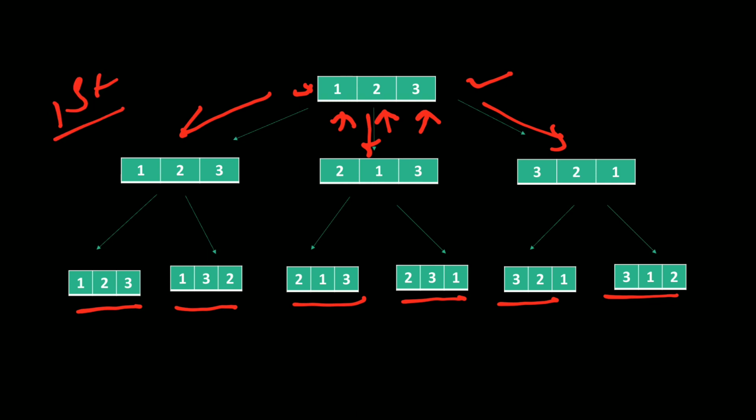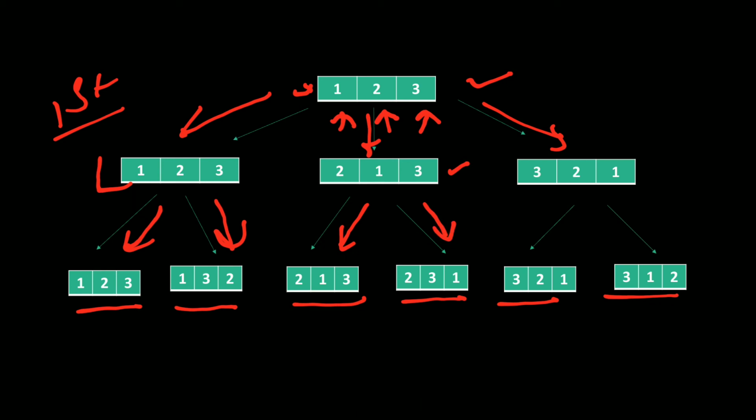When we do the case for the second position, we initially need to swap it with the second position itself, so the result will be the same array. Now we swap the second position with the third position, and we get this particular array. Now all the cases of the second position for this array have been completed. Now we take this part: on the second position we have 1 and on the third position we have 3. First we swap the second position with the second position, which gives us the same array. Now we swap the second position with the third position and it gives us 2, 3 and 1.